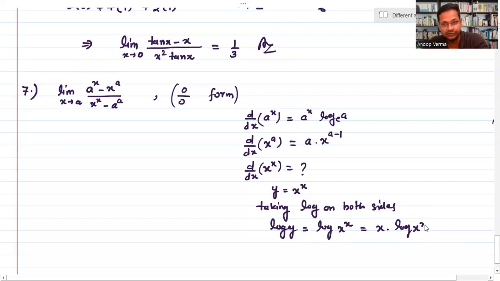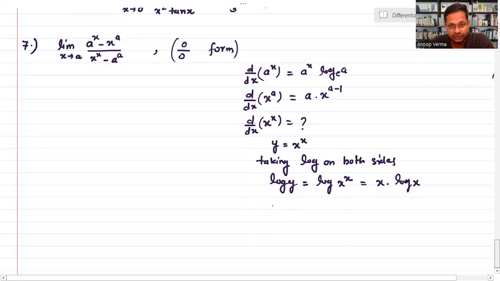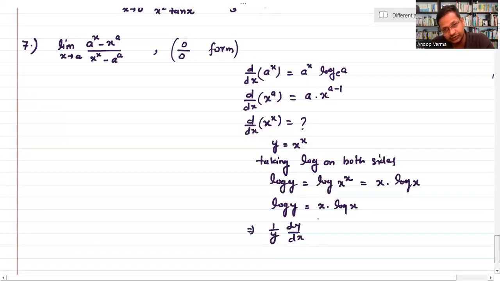अगर पावर में कुछ होता है लॉग में तो वो हमारे पास बाहर आ जाता है। वी हैव अ प्रॉपर्टी ऑफ लॉगरिथम। तो यहाँ पर हमारे पास जो है log y एंड दैट्स इक्वल टू x इंटू लॉग ऑफ x। तो अब इसको हम डेरिवेटिव लेंगे, तो सिंपली 1/y एंड दिस इज dy/dx जस्ट इक्वल टू x इंटू लॉग x का डेरिवेटिव 1/x एंड प्लस दिस इज x का डेरिवेटिव 1, तो ये सिंपली log x रिमेन्स बचेगा।